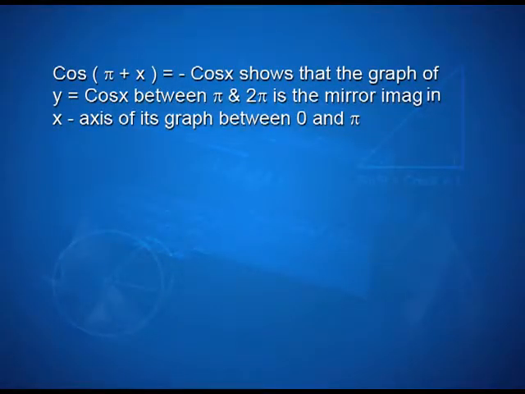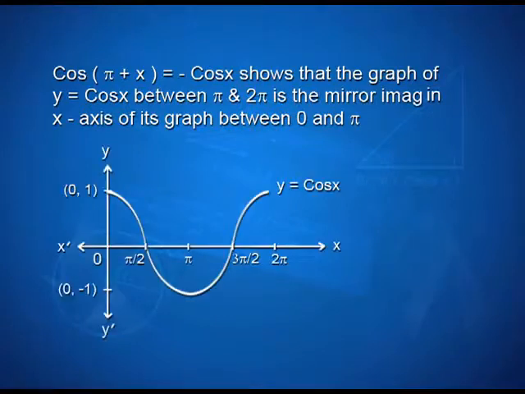Thus, the graph of y is equal to cos x between pi by 2 and pi is below the x axis. Now, cos of pi plus x is equal to minus cos x, which shows that the graph of y is equal to cos x between pi and 2 pi is the mirror image in the x axis of its graph between 0 to pi. Look here, we have x axis X dash O X and y axis Y O Y dash,